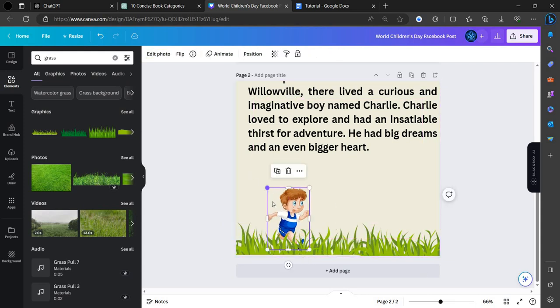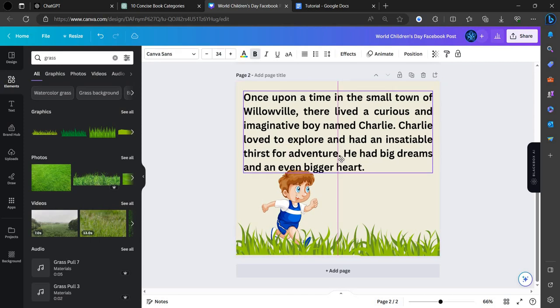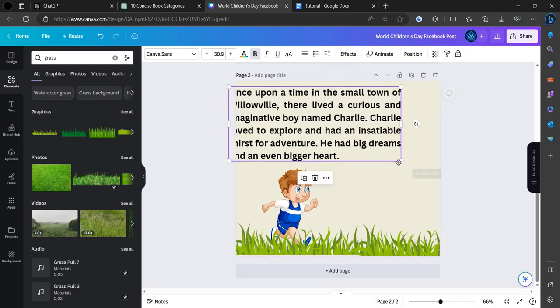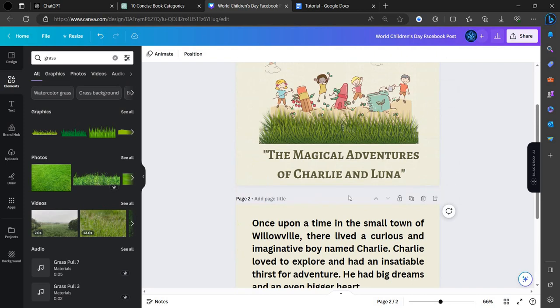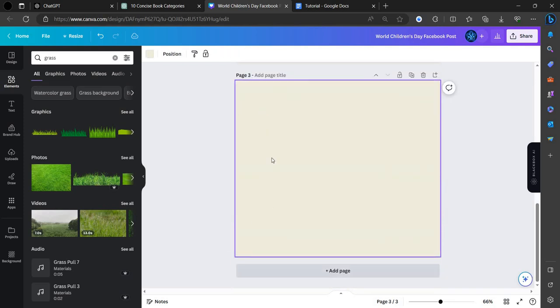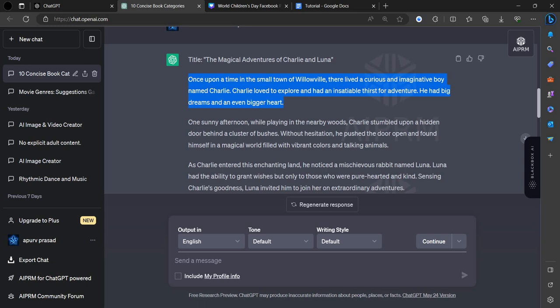Here is Charlie running. So here is the first page ready. This is how we have to make the next page also. One sunny afternoon while playing